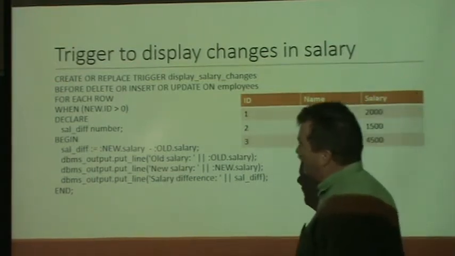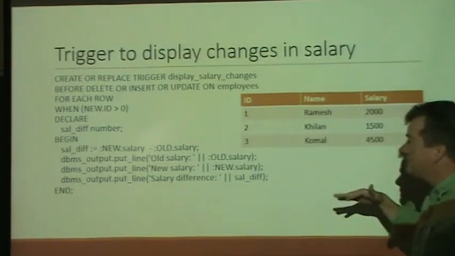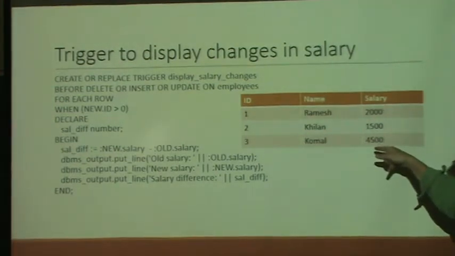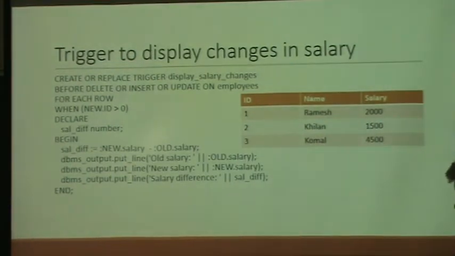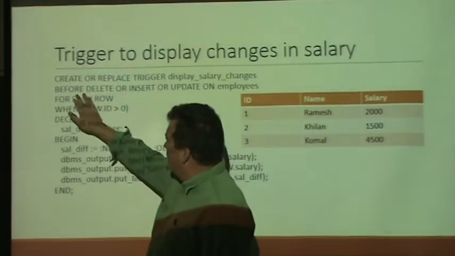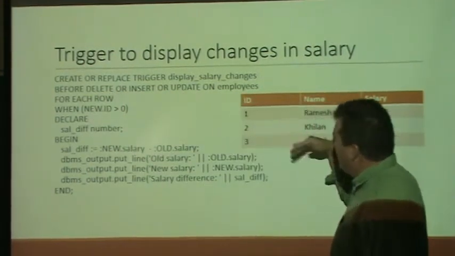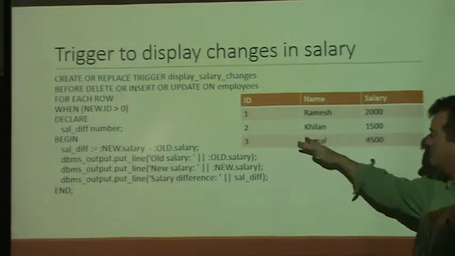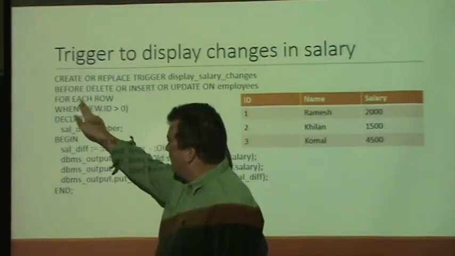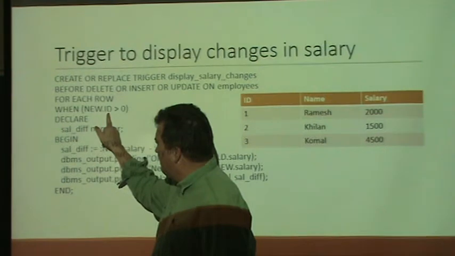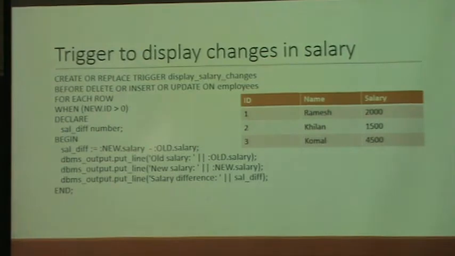So suppose we said create or replace trigger display salary changes. So every time someone's salary is changed, maybe we don't have to always update a table. We could also just print out something to the database administrator. So we could say before delete, or insert, or an update. So if someone is deleted, a new person is added, which is an insert, or an existing person has their values changed on this employees table, for every row, when the new ID, what we're changing to, is greater than 0, then what we'll do